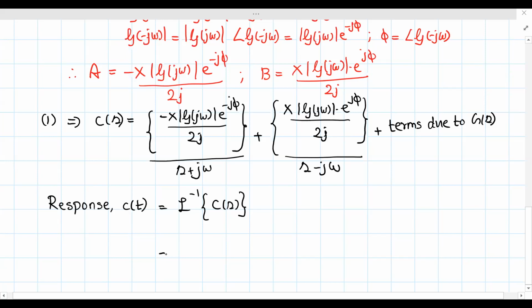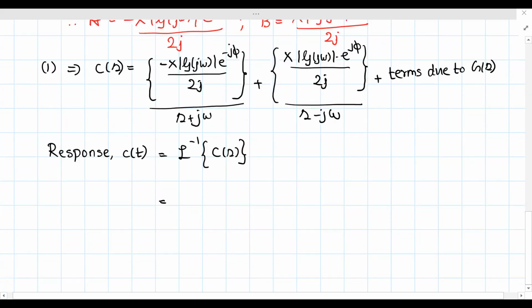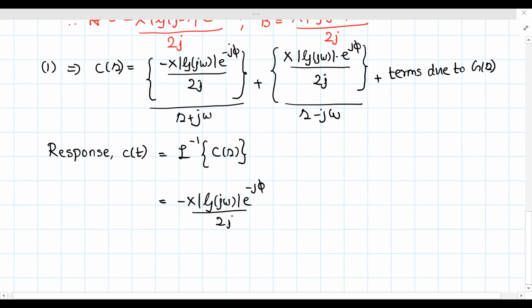Okay, so what will you get when you take L inverse of this thing? You will get minus X into mod G(j omega) into e raised to minus j phi by 2j, into L inverse of 1 by (s plus j omega). L of e raised to at is 1 divided by (s minus a), and L of e raised to minus at is 1 by (s plus a). Okay. So if you apply that, you will get this into e raised to minus j omega t plus